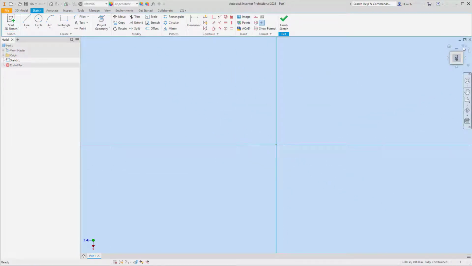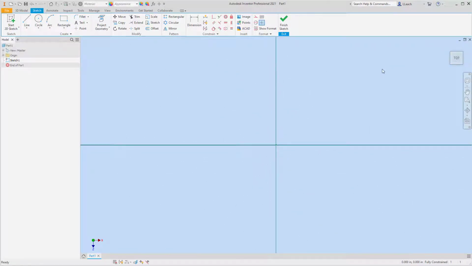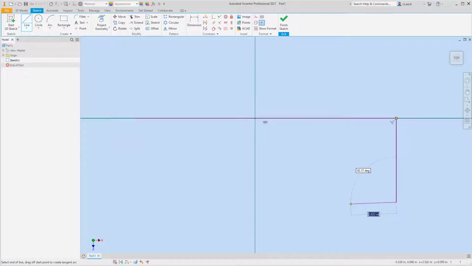I'm going to rotate this view cube 90 degrees counter clockwise. Let me draw like the top part of that base, if that makes sense. So I'm going to start a sketch. I want to start with a line. I'm going to draw a line straight across like so. Let me go down this way, go down, come over. Just kind of draw like a square looking